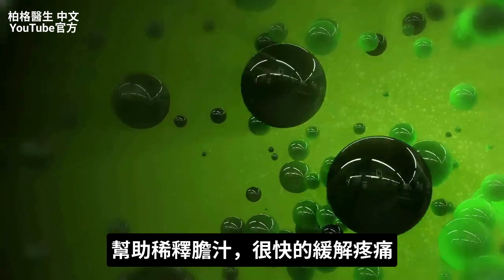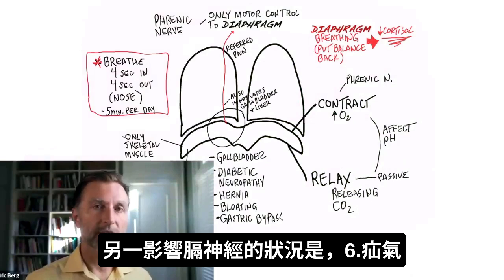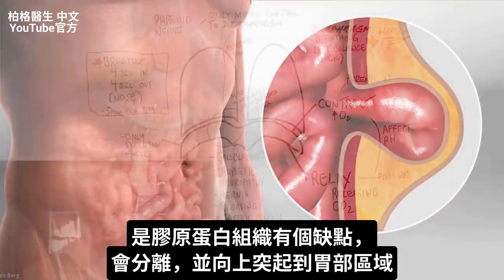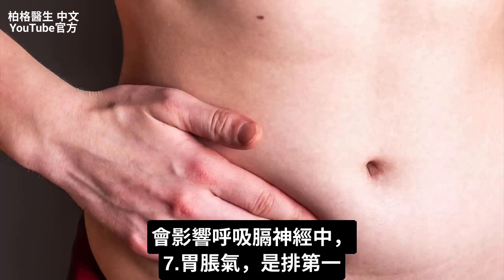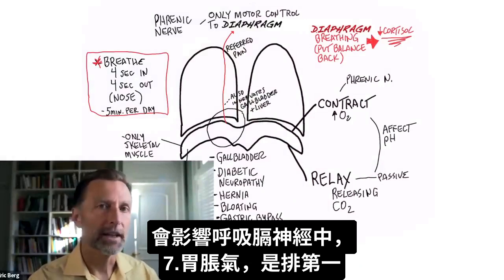And that gets rid of that referred pain pretty quick. Okay, another condition that can affect this nerve is a hernia. There's a weakness within the collagen tissue that separates and it's bulging up into the stomach area. And so that can put pressure on the phrenic nerve as well. But I think out of all the things that can affect breathing in the phrenic nerve, bloating is at the